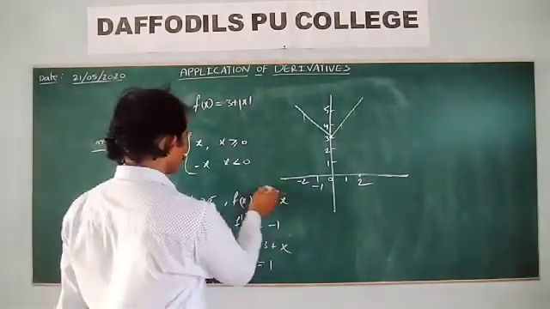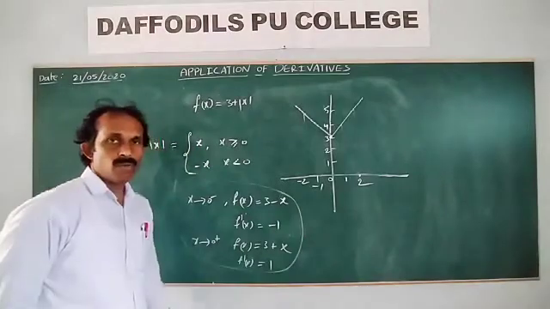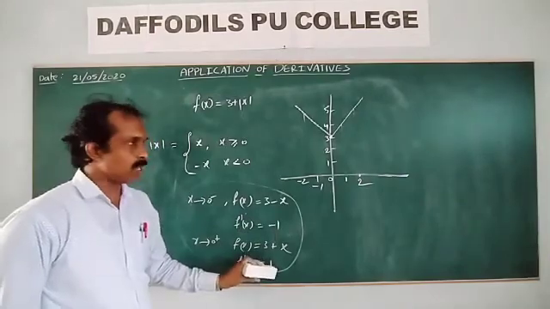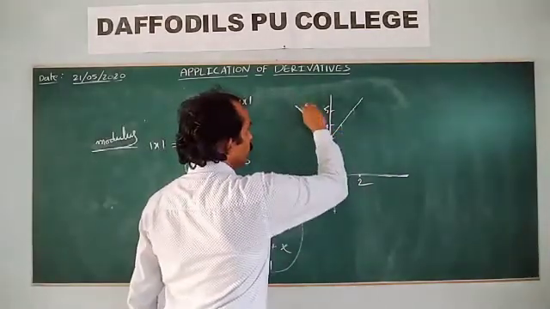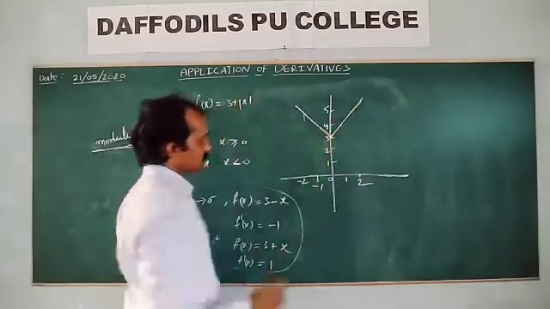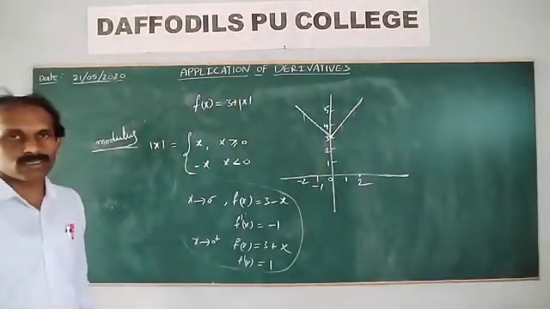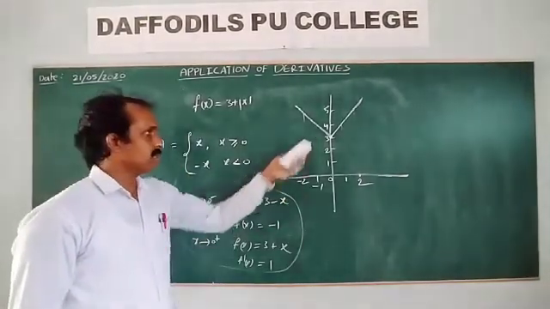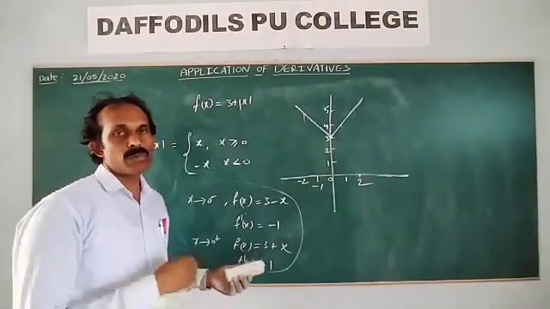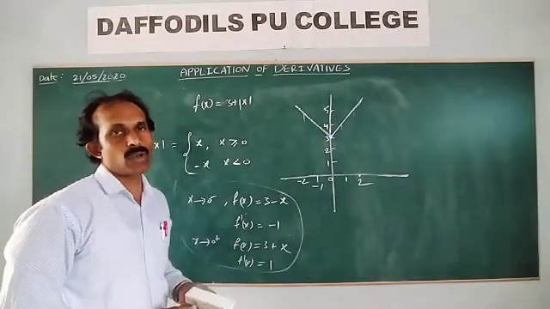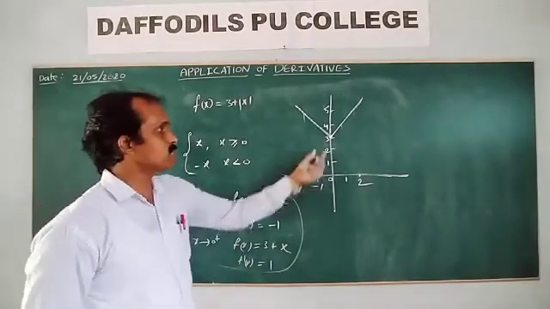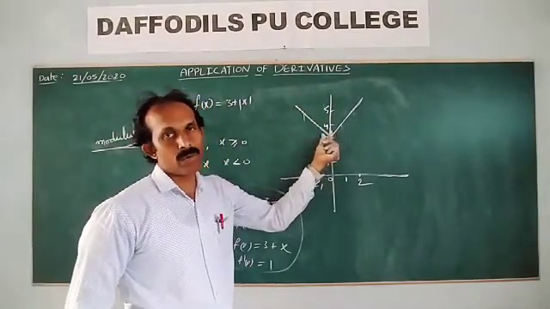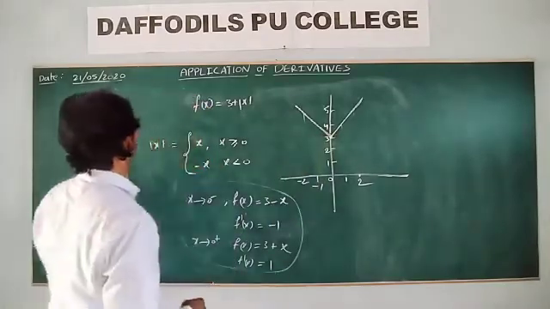So therefore f dash x is equal to minus 1 on the left and f dash x is equal to 1 on the right. Therefore, here at 0, what is the minimum value? Minimum value is equal to 3. Like this, when the test has failed, we will try this method. Again go back and decide the local maximum and the local minimum value. So at x equal to 0, this function's minimum value is 3.